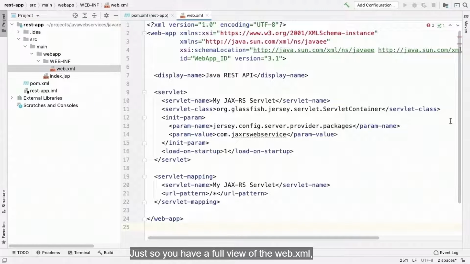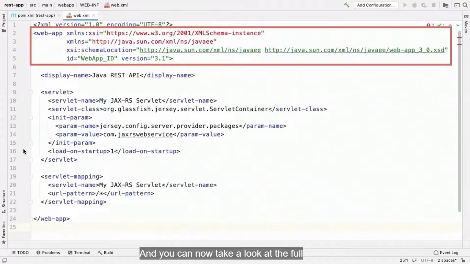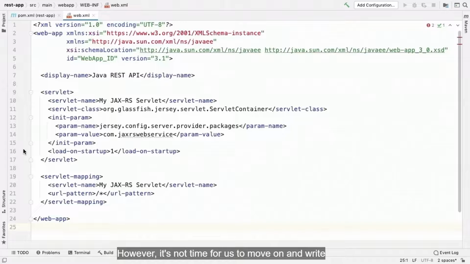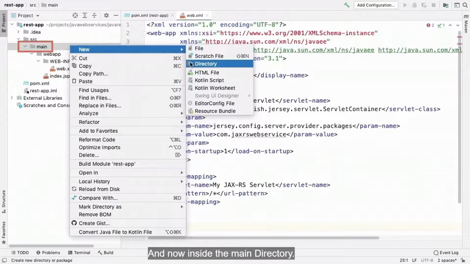Just so you have a full view of the web.xml, I'll just minimize the project pane, and you can now take a look at the full schema location at the top. However, it's now time for us to move on and write some code for our web services, which can communicate using the REST API. I'll minimize the project pane again, and now inside the main directory, we will now